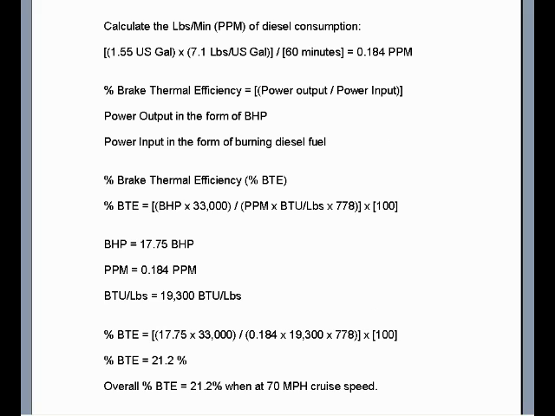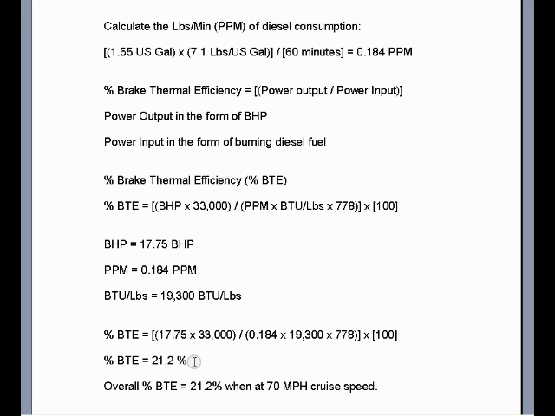So now all we have to do is get a ratio between the power output, which is 17.75 brake horsepower in foot-pounds per minute. So we multiply it times 33,000, and we divide that into the power input in the form of burning fuel. So that's the pounds per minute, 0.184, times the BTU per pound, heat energy content of the diesel fuel, times 778, the number of foot-pounds per minute to 1 BTU per minute. And we divide it out and multiply it times 100. Under a load at 70 miles per hour, we have an overall percent brake thermal efficiency of 21.2%, which is